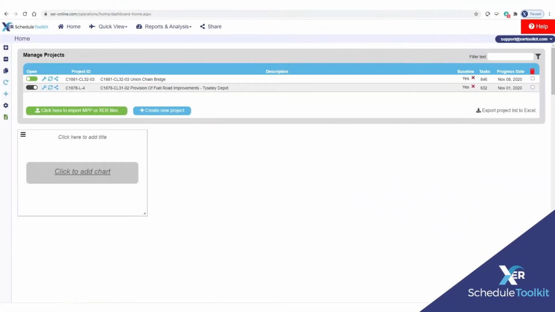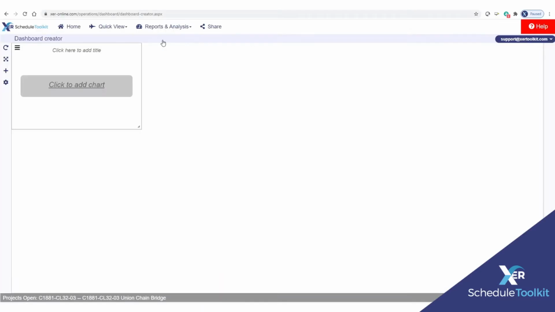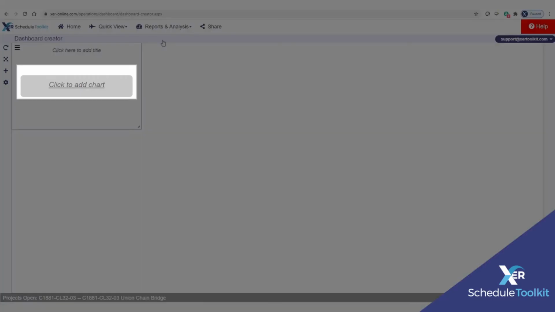As with all Toolkit features, use the open and close sliders to select the projects you want to analyze within the dashboard. We can set up dashboards right here on the home page. However, we will use the Dashboard Creator to take advantage of the whole screen, which can be accessed via the Reports and Analysis menu. A blank chart template is created by default, so go ahead and click on the Add